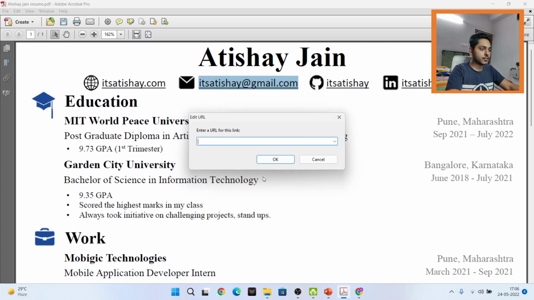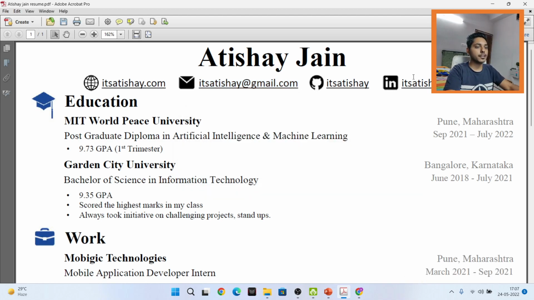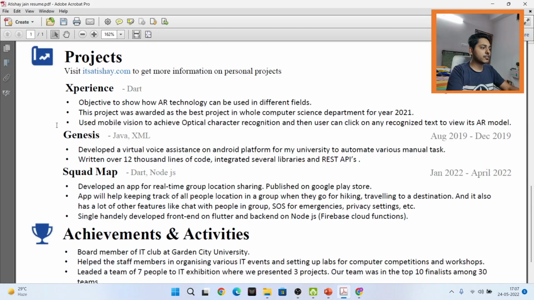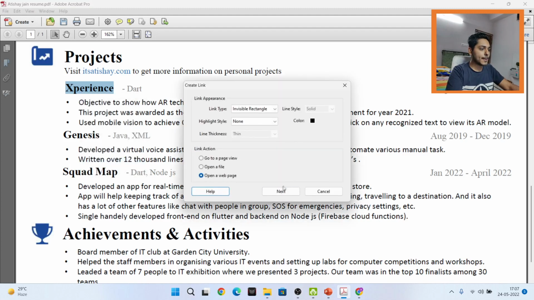For mail, you can create a link, click next, say mail, and just mention your mail. Same goes for your GitHub and everything else. And what else I did was I created links for these as well. For example, what I did is